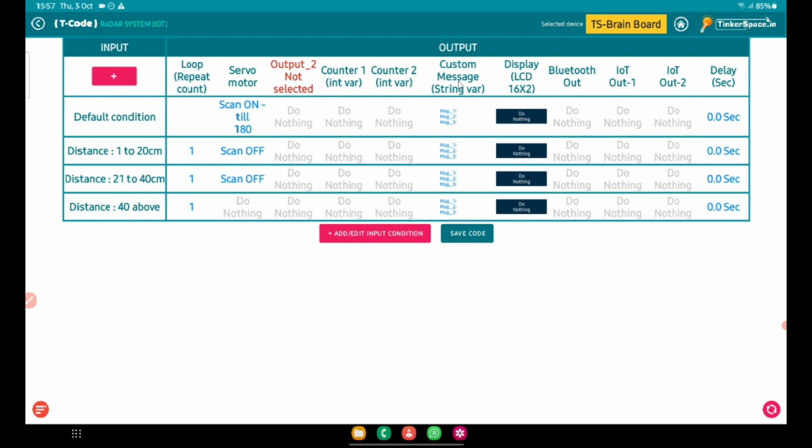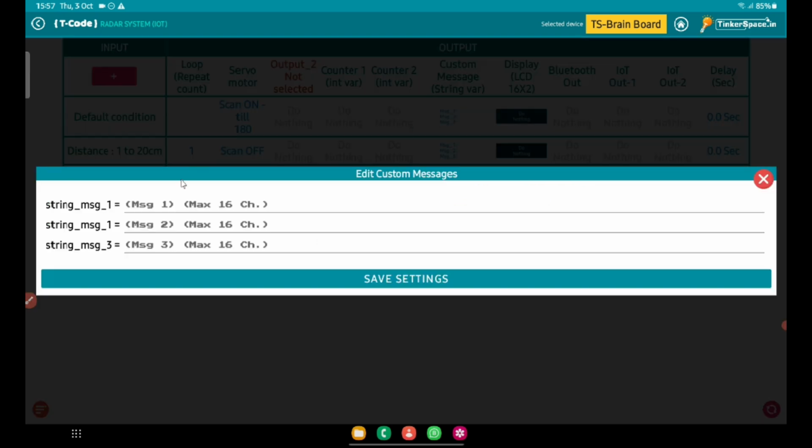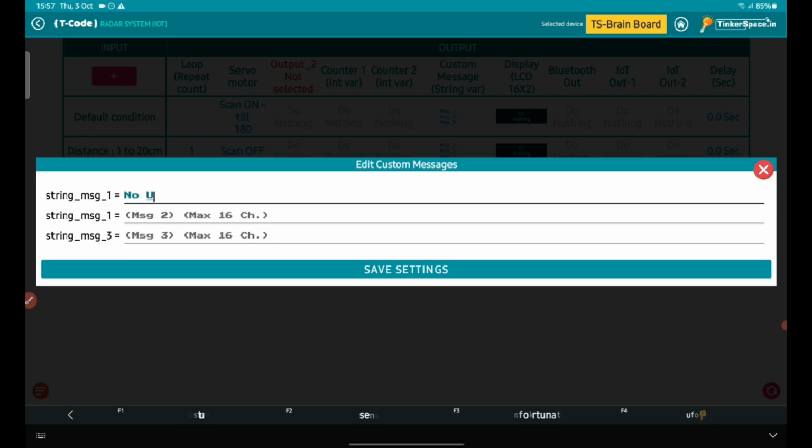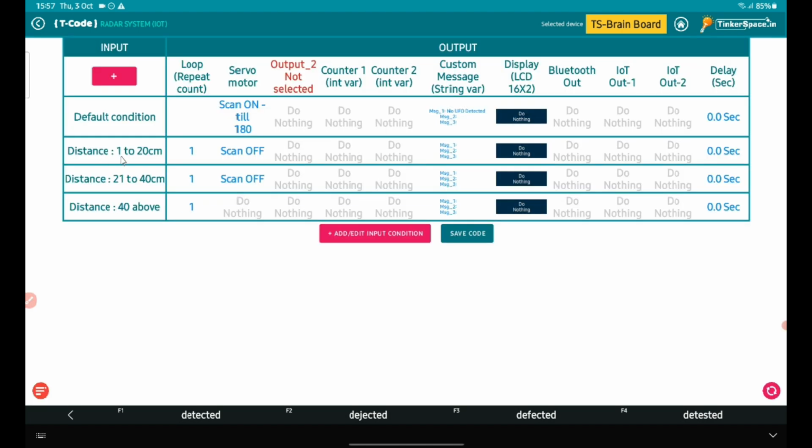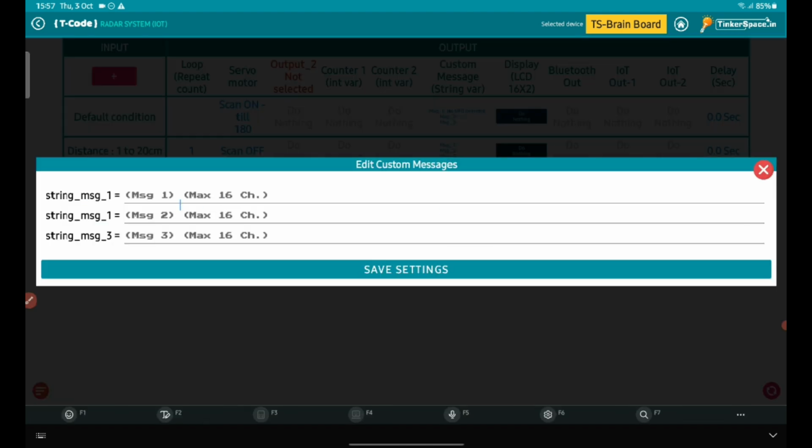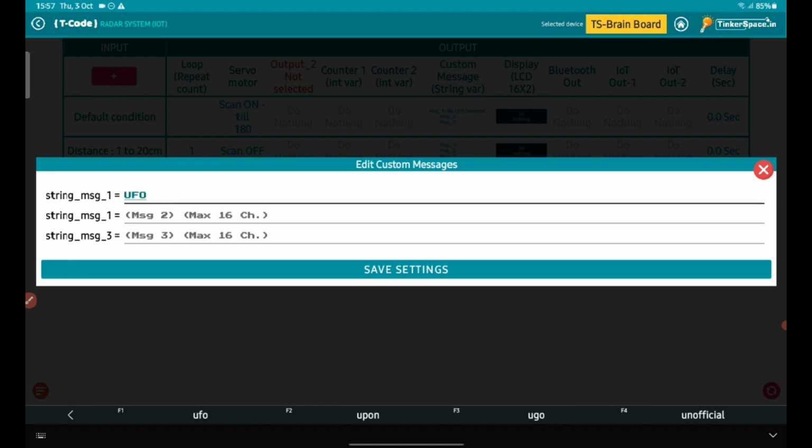In the default condition, in custom message, in the string message 1, I will type no UFO detected. Now click on save settings. In the distance 1 to 20 cm, in custom message, I will type UFO detected. Now click on save settings.